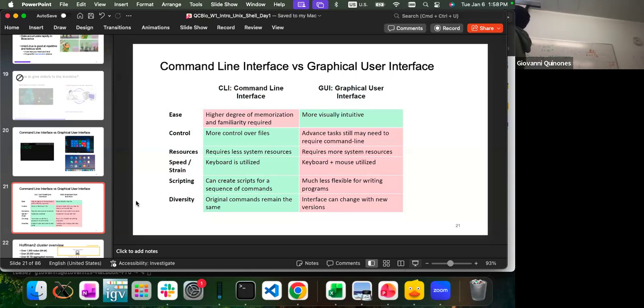In terms of speed, the keyboard is utilized, whereas for the interface, a lot of these programs that you download are optimized to do a specific function. They may not always be the most efficient way to do something.